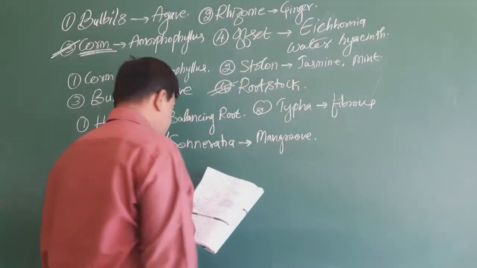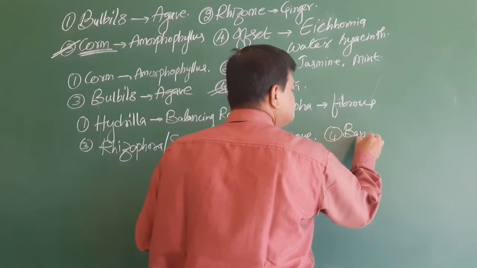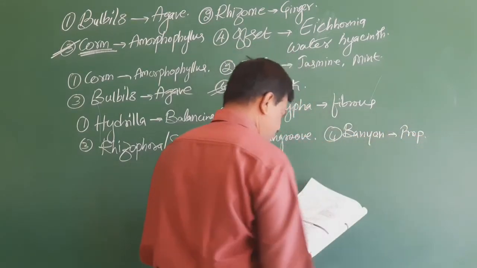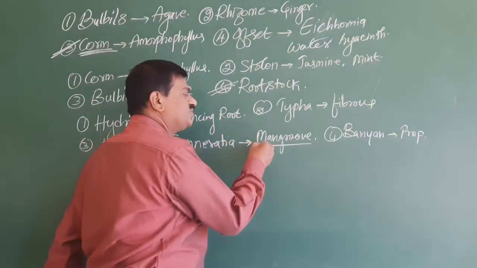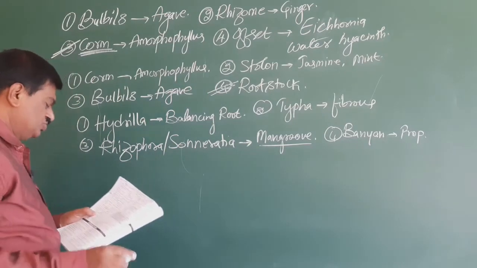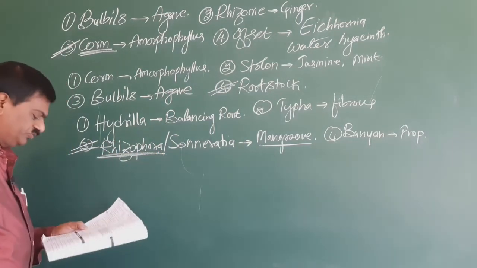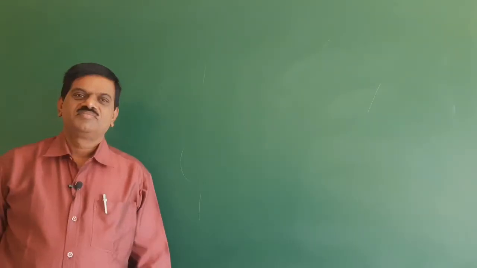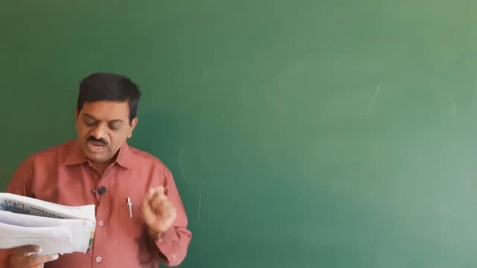Mangrove roots. And the fourth option is called banyan tree. You can see there is a presence of prop roots. Here the question is about pneumatophores. So pneumatophores are always present in the mangroves. So the right answer is Rhizophora, and this is the third option. So we go for the next one, 38.